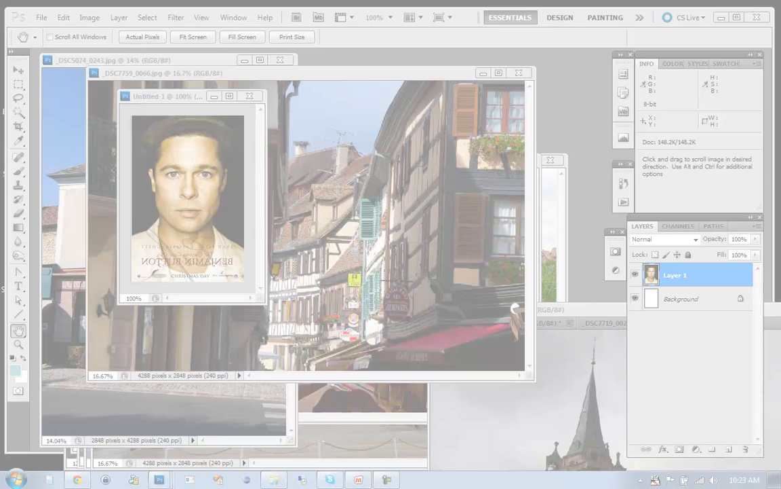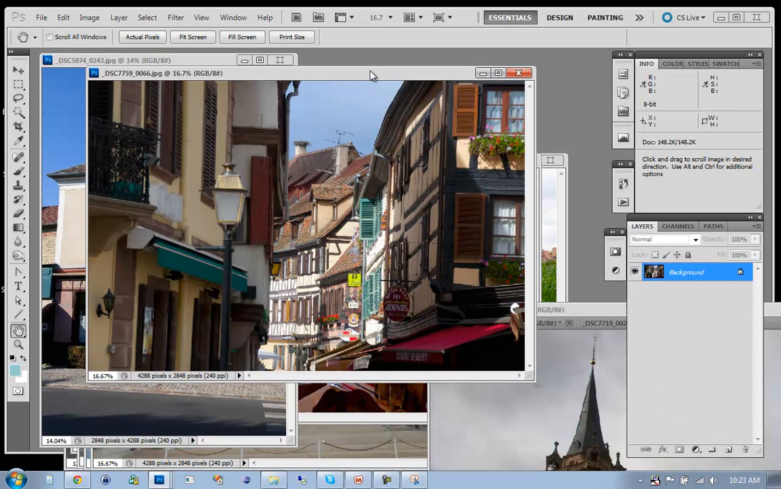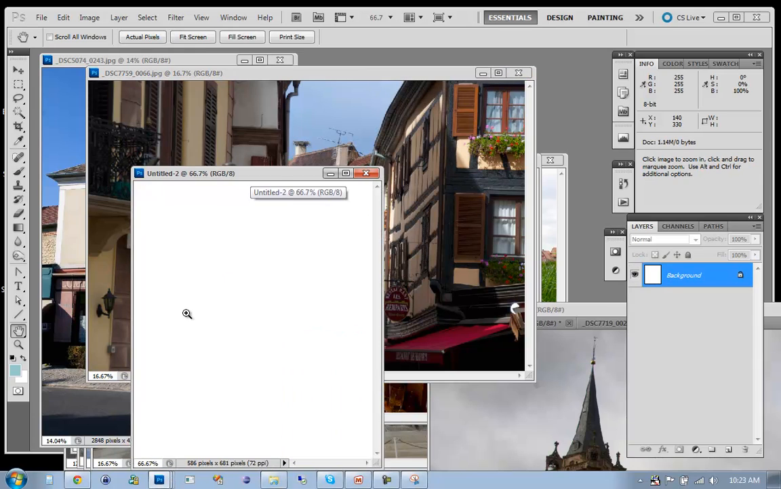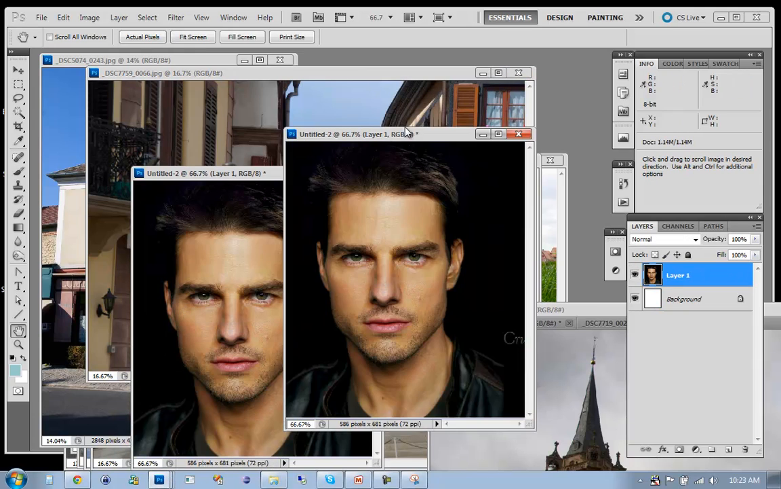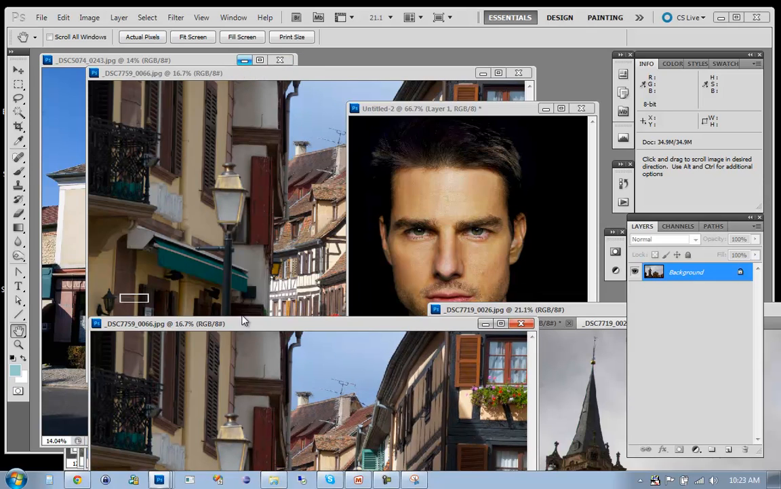Okay, now we'll get our image. Okay, let's see how well this works. So there's Tom, and now where is my other image? By golly, there he is. Okay, so